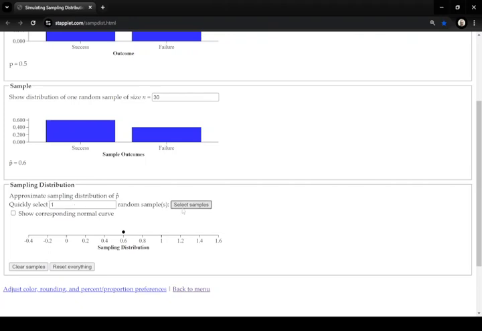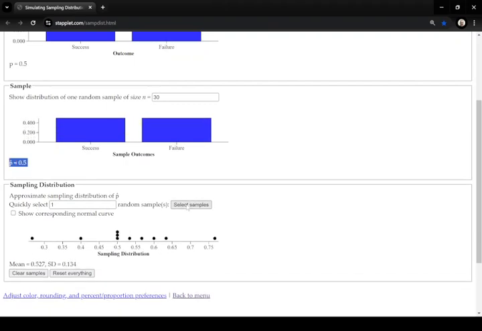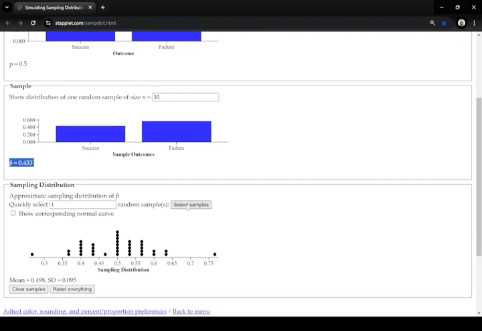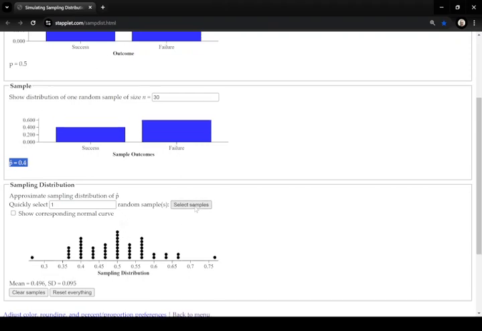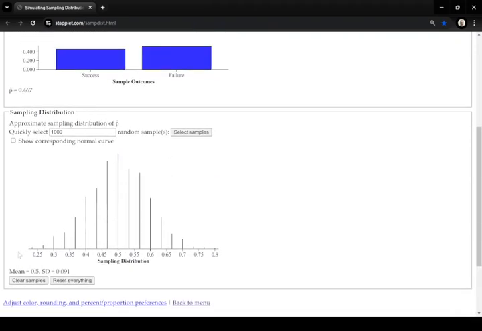Let's do it again. We'll go one by one for a minute. That time we got a really strange one, actually. 76% heads. Let's go a couple more. I'm just going to start clicking. So I'm doing samples of 30 over and over. Each one of these represents the sample proportion for a random sample of 30 draws, or 30 coin flips. And then let's just go big and do 1,000. So what happened here? That looks normal. In fact, let's click that. We superimpose this normal curve on top of our actual data,